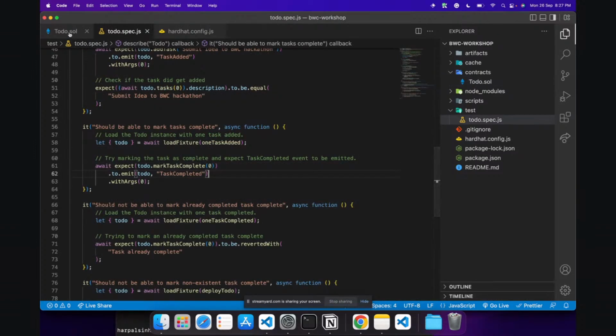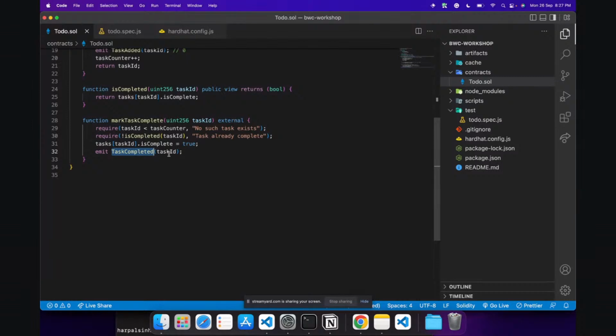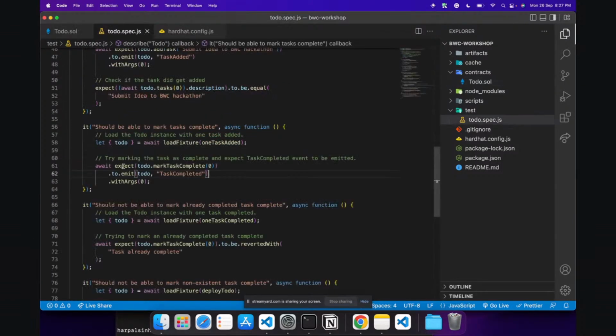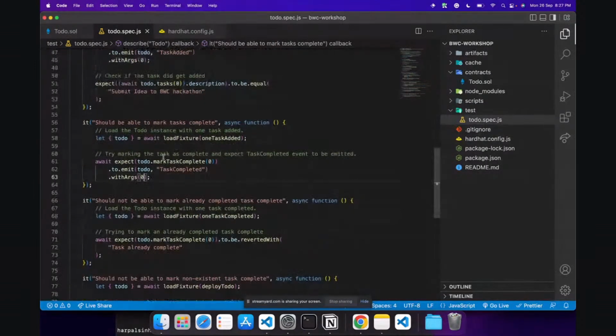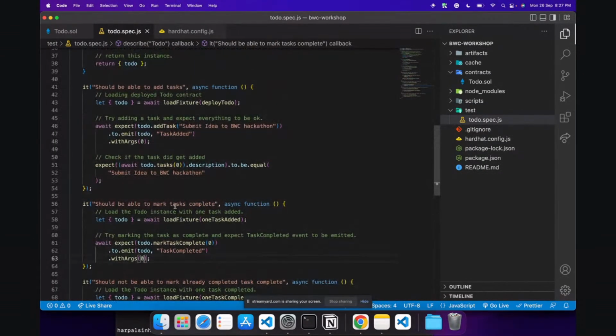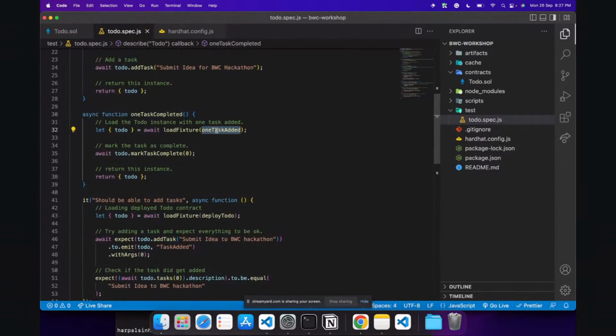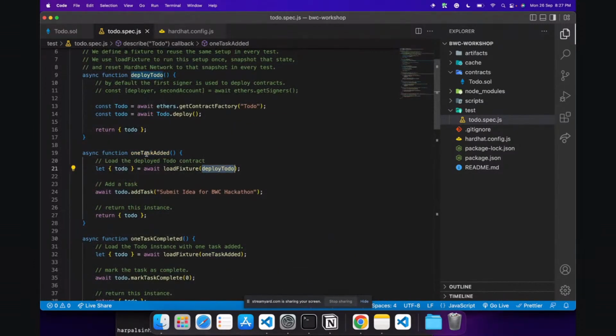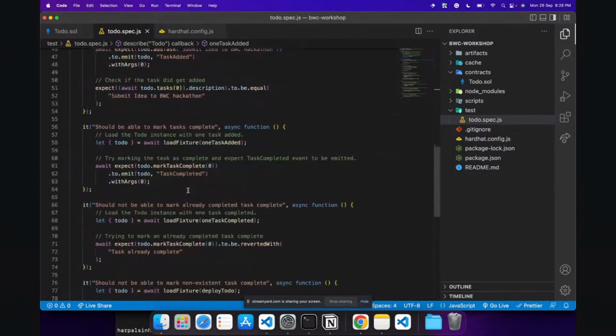So when I mark that task as complete, at the end I also emit an event task completed with the task ID, right? So that's exactly what I'm checking here. When I perform this operation, I know that my contract should emit a task completed with arguments 0, right? The 0 is the ID of this task that was added, and it's not 1 because, as I said, the task is added to a fresh instance of to do, right? So the one task added fixture uses another fixture in itself, and this can be done, right? We are basically deploying a fresh to do contract and then adding a task, and then we are trying to